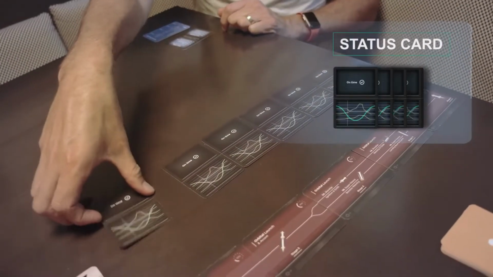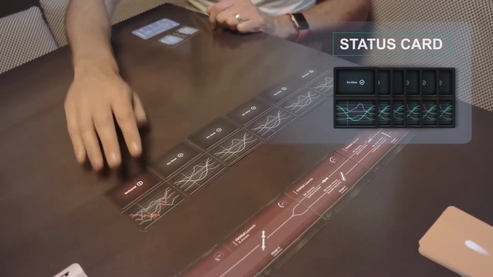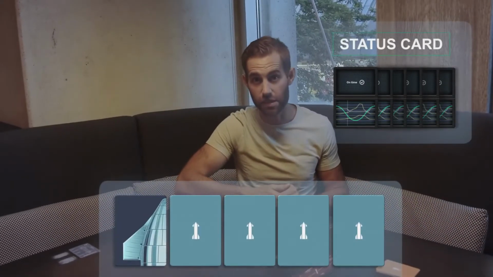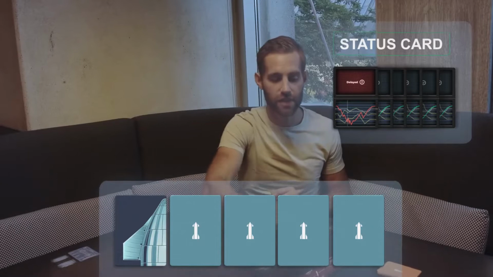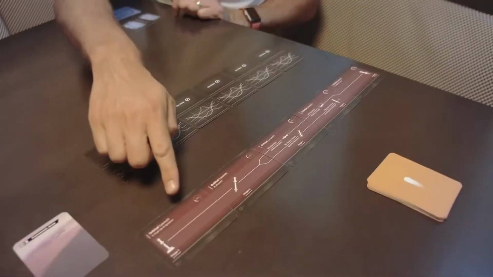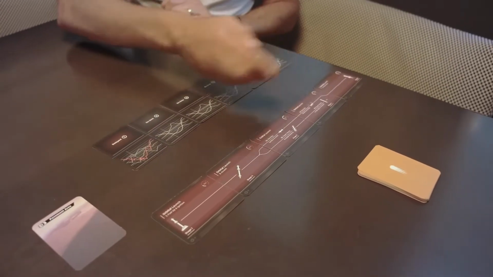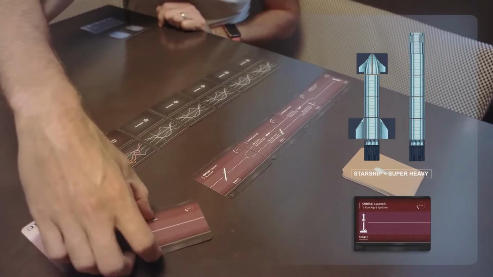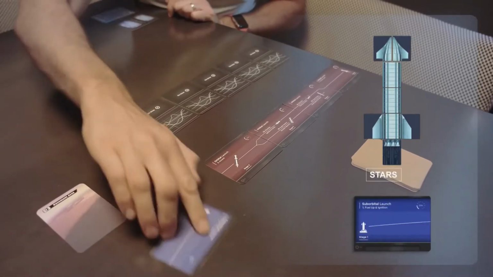Over in Mission Control, you will see status cards. Whenever these are flipped over, that indicates that a hint has been given. You only have 6 hints during the entire game. Then you have the timeline as part of Mission Control, and there's an easy mode and a hard mode. So the red color is when you're launching both Starship and Super Heavy. That's more difficult. And if you want an easier game, you can flip it over into a suborbital launch where